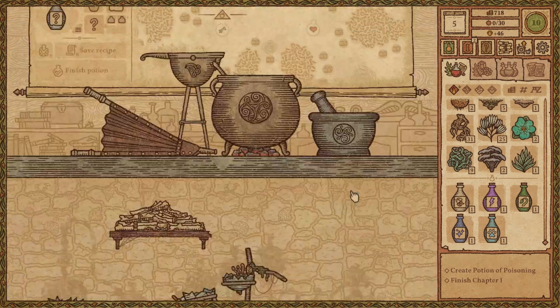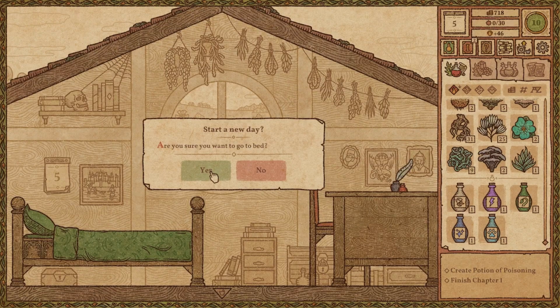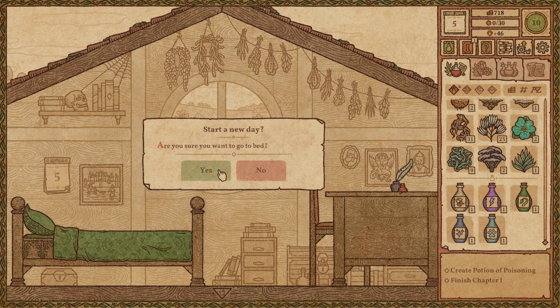Very surprised we have not seen the merchant who is selling machine parts right now, though. This guy wants nothing to do with us, actually. Let's see really quickly here. We need a potion of poisoning. Like, we can make it. I only want to make it, though, if somebody...